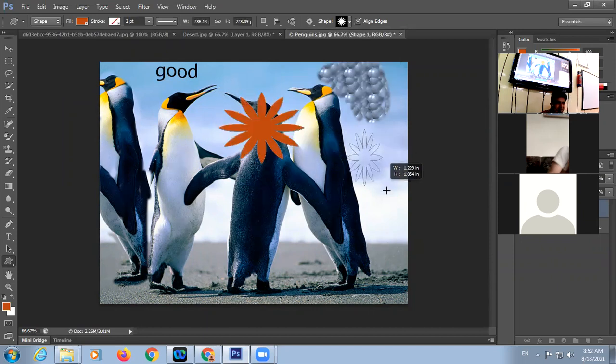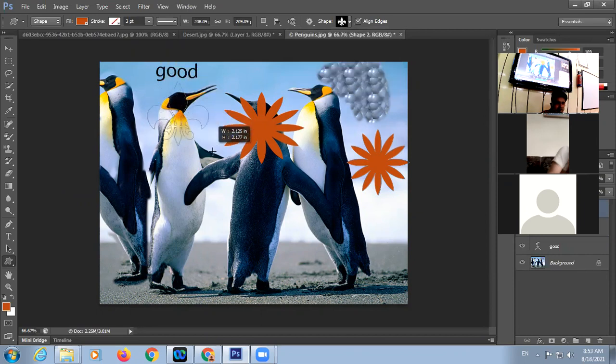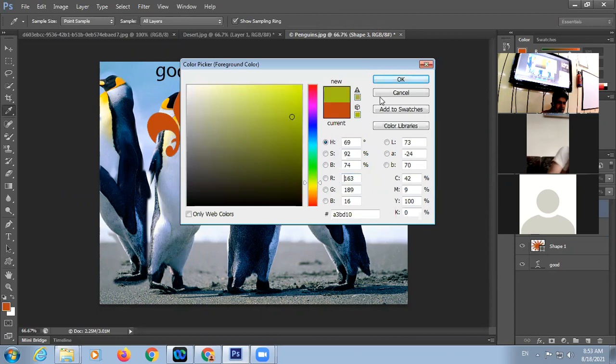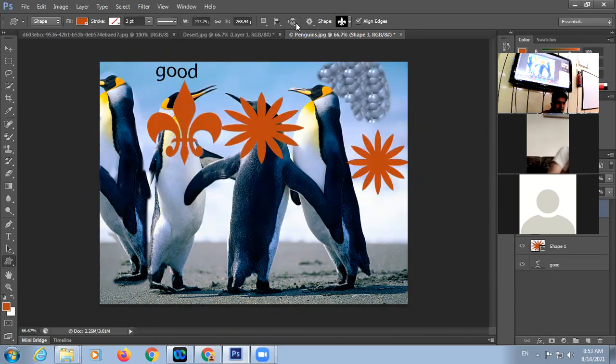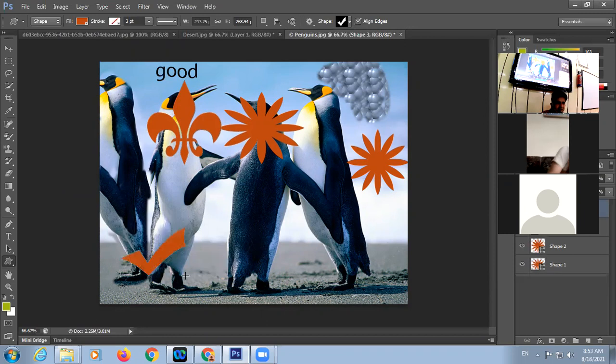Look at here. You can also change the image, then come to your document, your image. If you want to change the foreground color, click here, change the color, click on OK button. Now, if I draw the image, like suppose here, in this way you can insert different shapes.